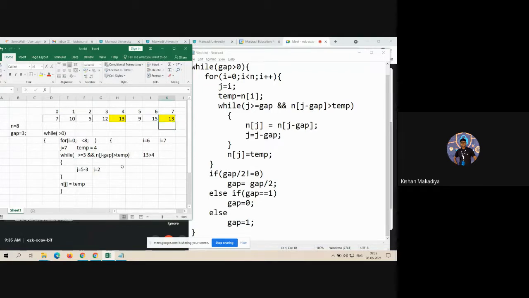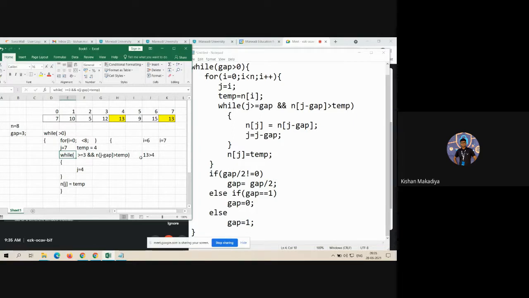j is equal to j minus gap. So this time, j is equal to 7 minus 3, that's 4. Okay. Again, check the condition. 4 greater than or equal to 3? Yes. See, at this point the while loop has executed one time. Now second time, again condition true. 4 greater than or equal to 3?